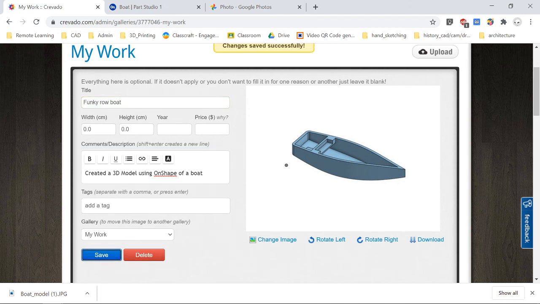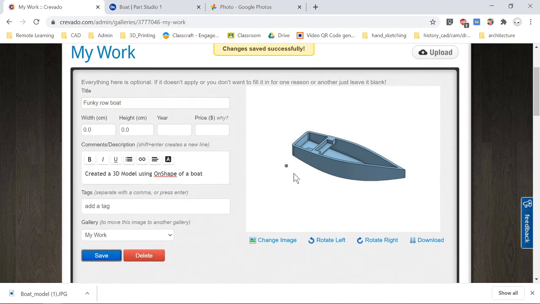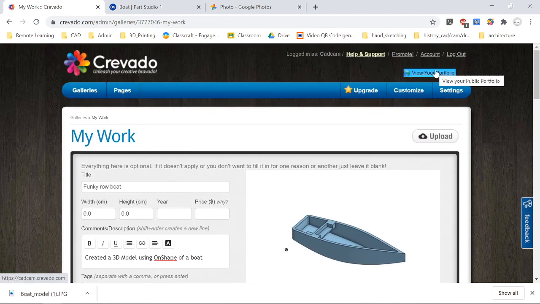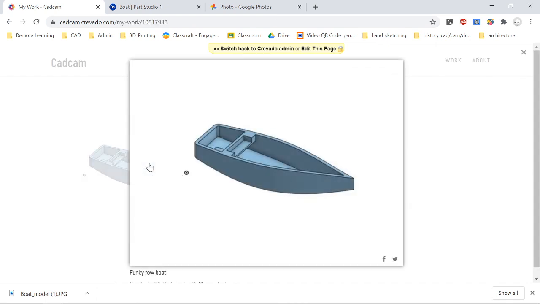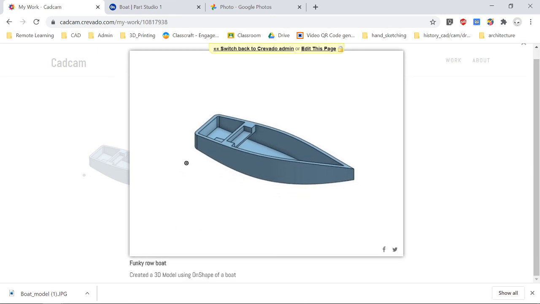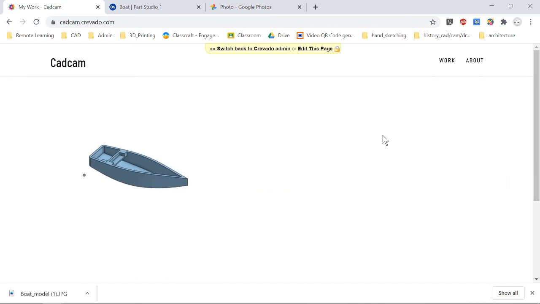Save it. So now when I go to view your portfolio, I have an image in my workspace, and that image is labeled Funky Rowboat, created a 3D model using Onshape of a boat. So I want you guys to upload 2 images of designs, or maybe something you created,